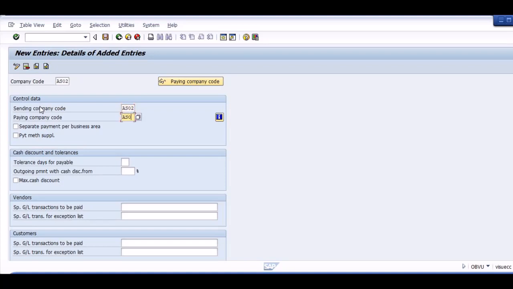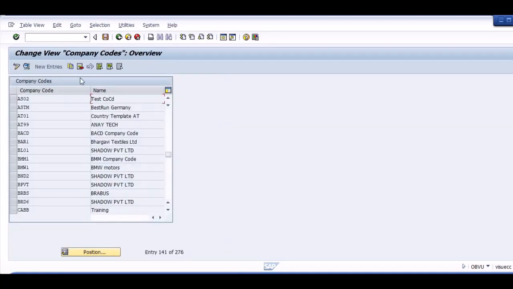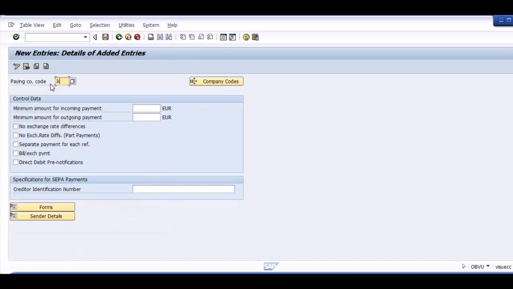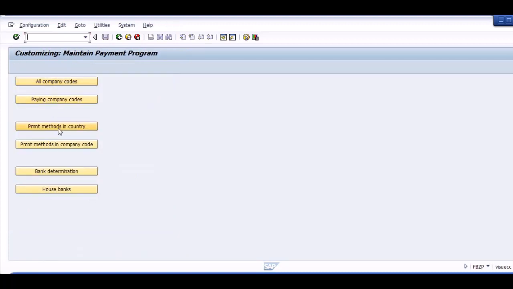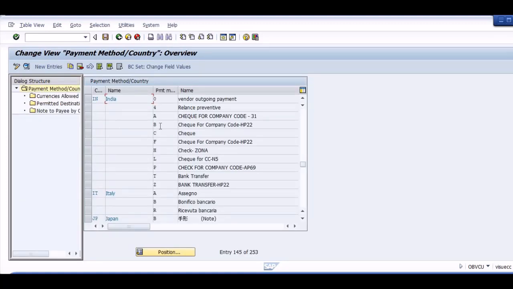We have to configure these steps to be able to run the F110 APP program. Special GL transaction, we don't have any scenario as of now, so we'll just create company code config, then paying company code config. Minimum should be 1 for incoming, outgoing both, and we can save it. And payment methods in country, there is one important